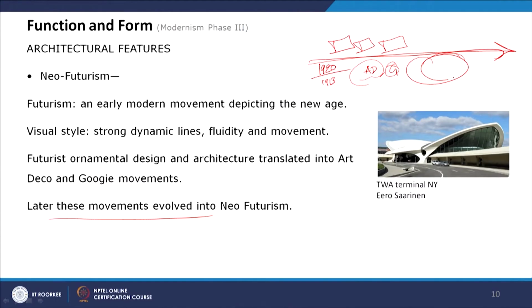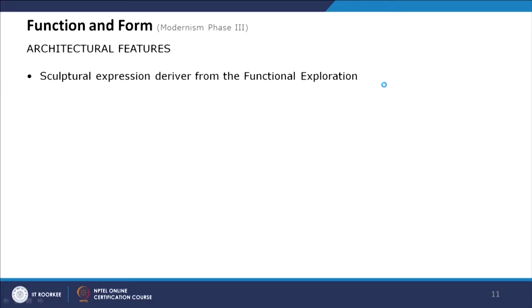But in internationalist after internationalist style, this new futurist style, many architects started carrying forward this particular thought process and changed the style, and have given this a different form. So in these architectural features, the sculptural expression driven from the functional exploration as well as the structure was very important. And many architects, including Frank Lloyd Wright and Le Corbusier, Eero Saarinen, have designed some buildings